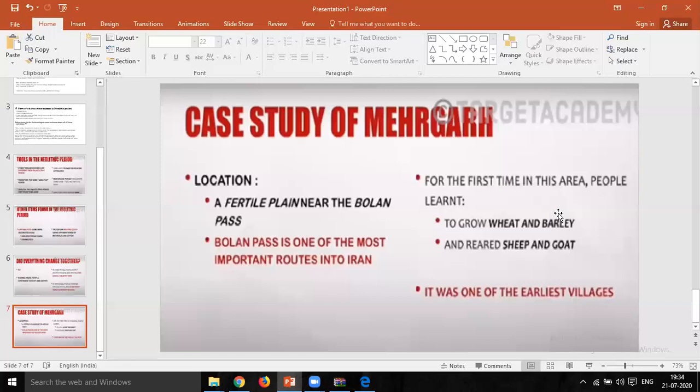Okay, this includes the remains of square or rectangular houses, and each house had four or more compartments. You can see in the figure on the left side, they have four compartments. Each house had four or more compartments, some of which may have been used for storage. It means some of the rooms were used for storage, perhaps of food or of certain tools that were being used.